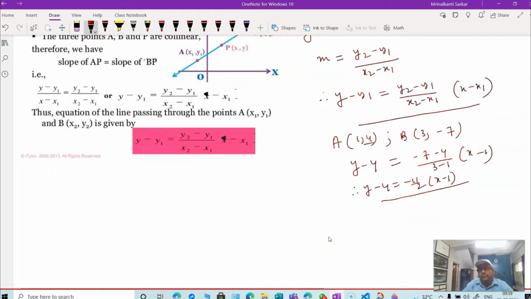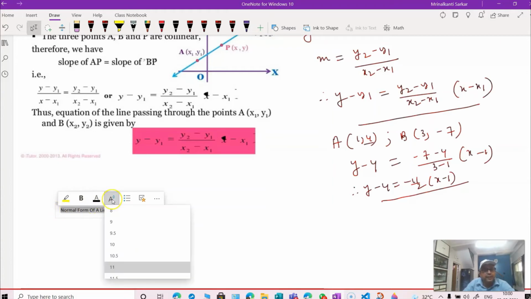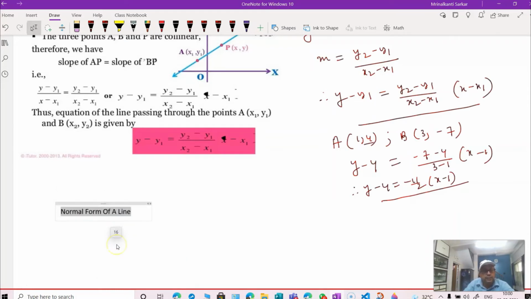And the last form of the line, the fifth one, we will refer to as the normal form of a line. What is that? This time it is the equation of a line. You can write the statement: to find the equation of the line